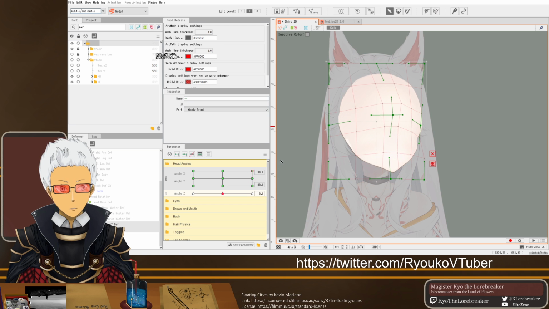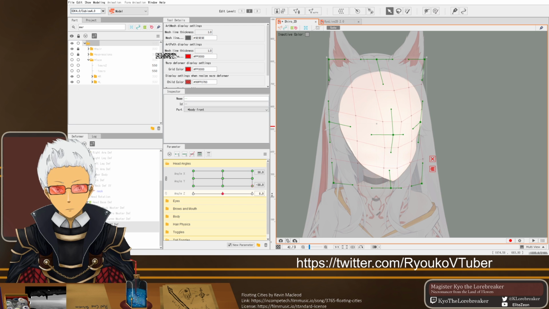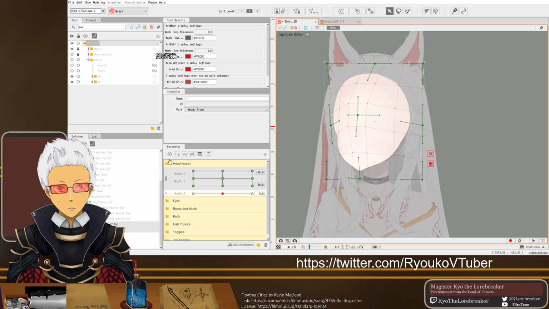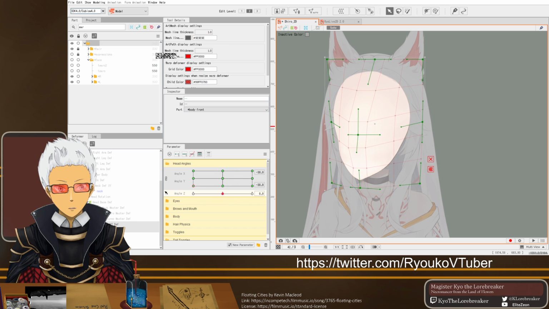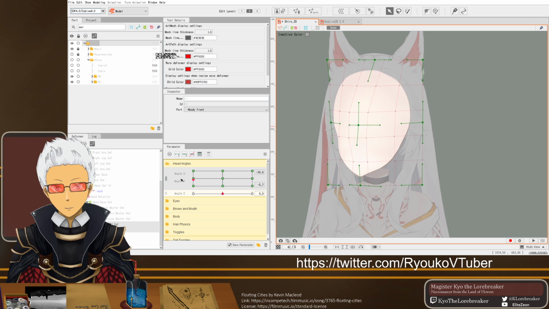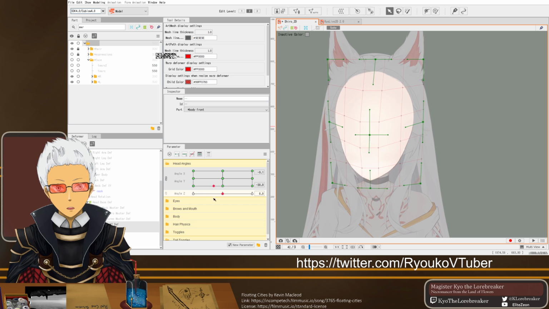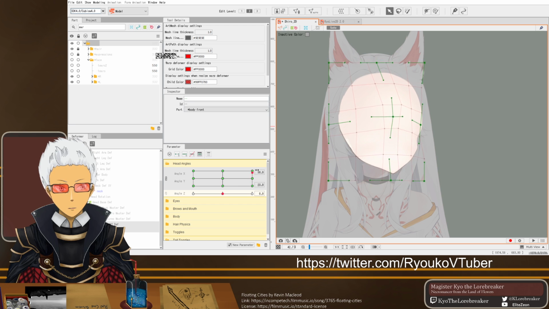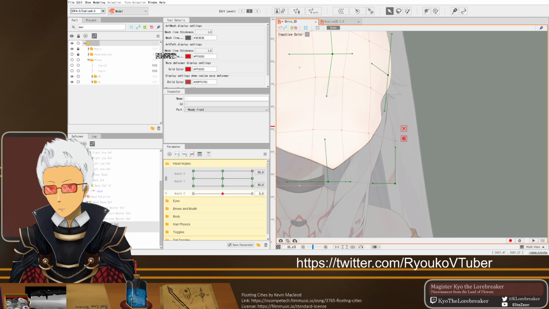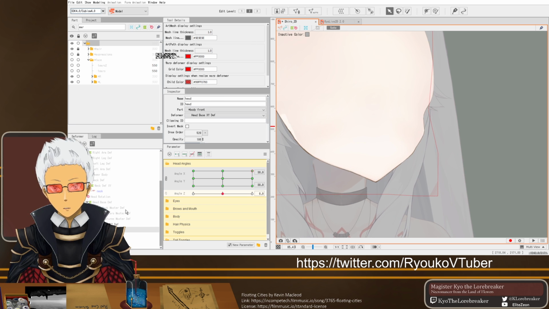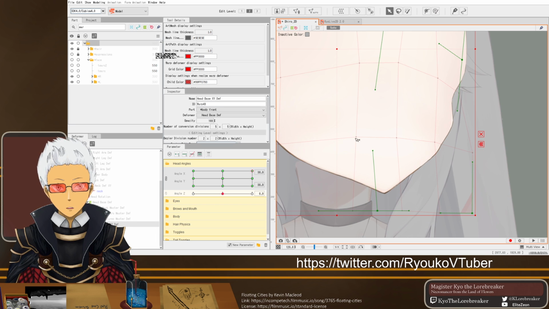I think this one needs some work. But as you can see, the base of her head now has this angle. It's a good start at figuring out how the head should look at these certain angles. And I'm going to start tweaking it.